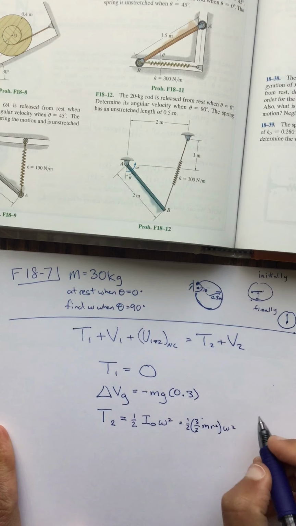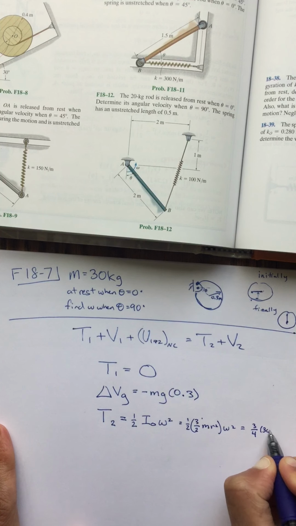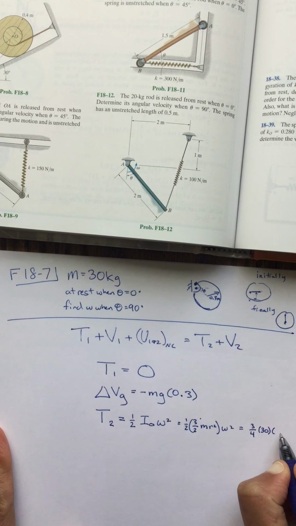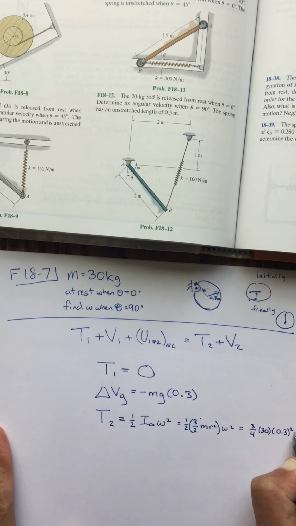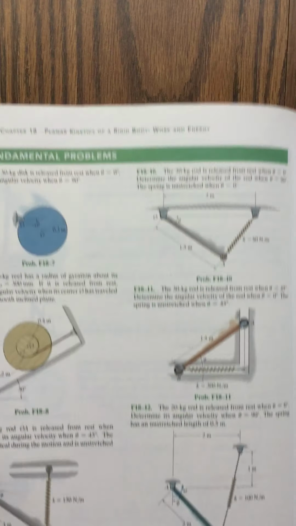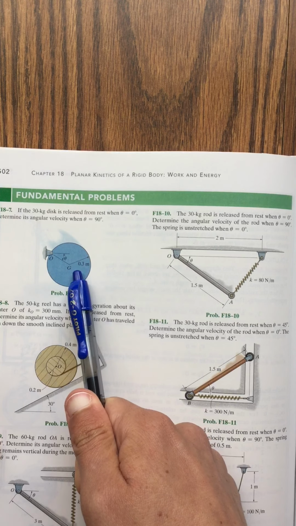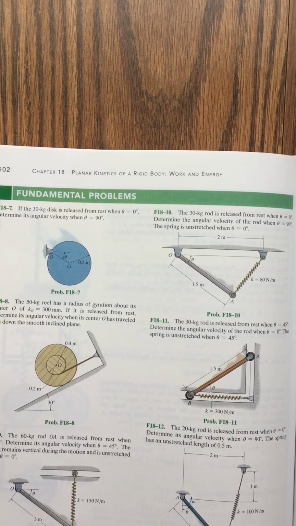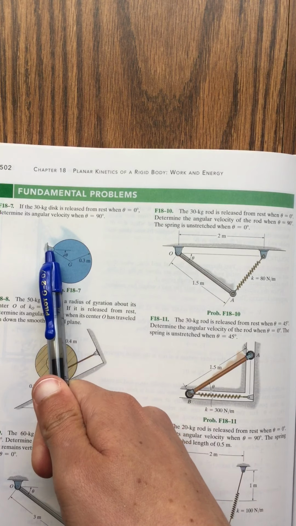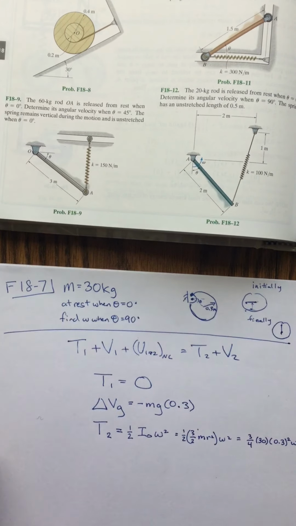I know the mass is 30, so this becomes 3/4 times 30. The radius is 0.3 times omega squared. For the forces acting on the disk, I have the force of gravity, and we did gravitational potential energy for that. The only other force I have would be at pin O, and they do not do any work. And so